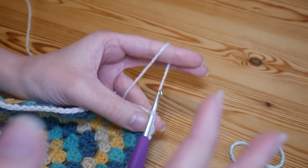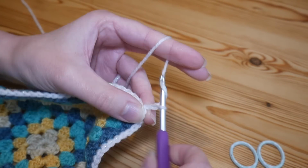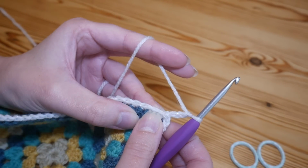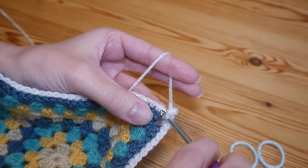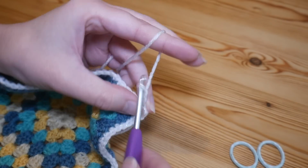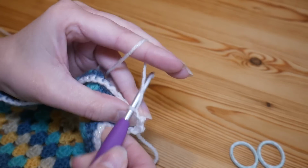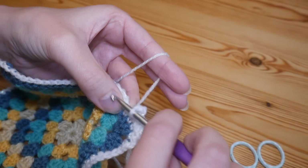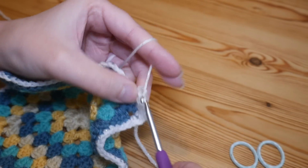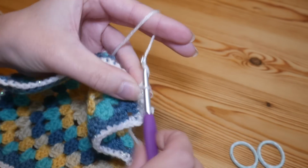So it is, like I say, a super simple border. You're going to chain 3, and then you're going to put a double crochet into the next stitch along. So in your next stitch you'll put a double crochet, chain 3, and in your next stitch a double crochet, chain 3, and double crochet in the next. And you've guessed it, you're just going to do that all the way along. So chain 3 and then a double crochet, chain 3,